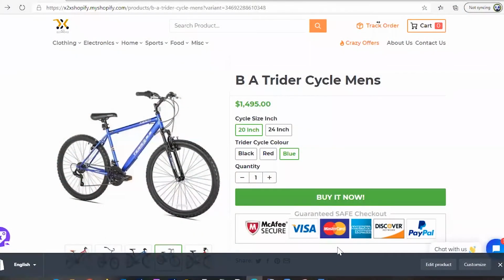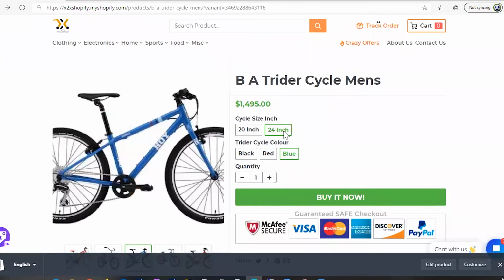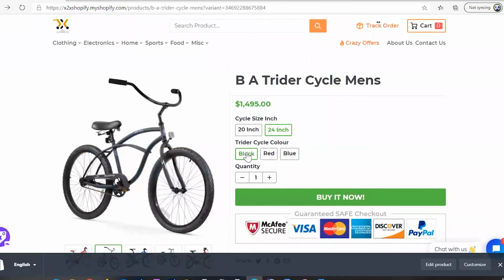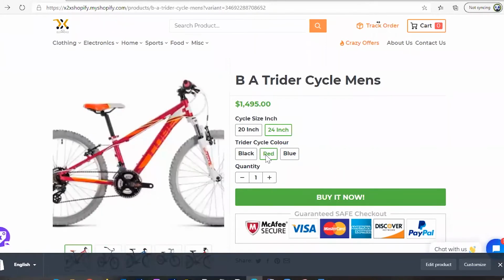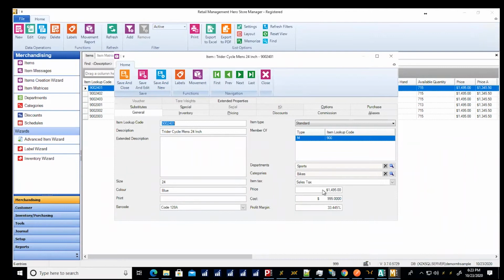from your RMH. In this example, all the men bikes, whether they are 20-inch or 24-inch, and whether they are red, black or blue, are sold for $1,495. Let's go to RMH and change the price of the blue 24-inch bike to